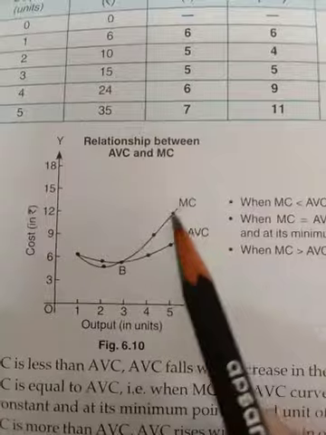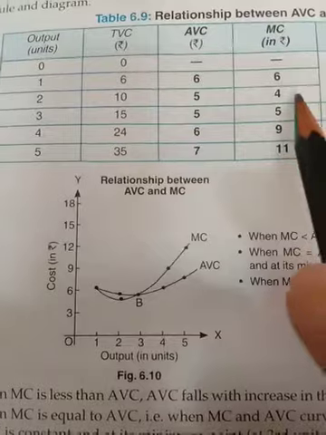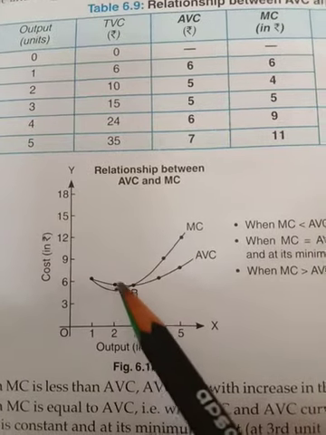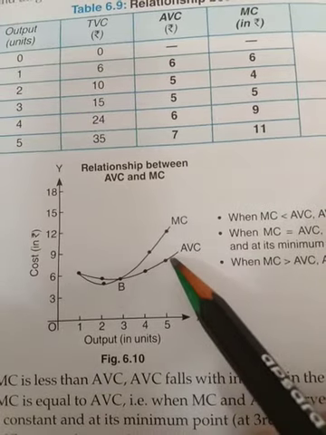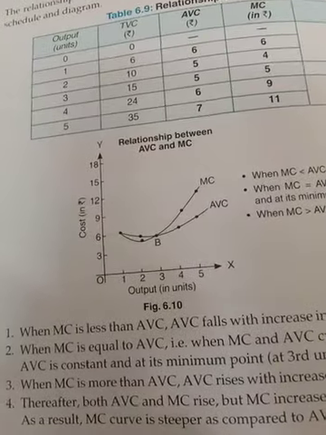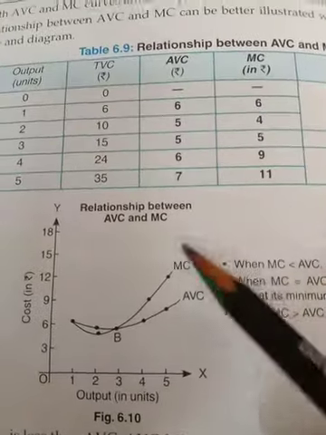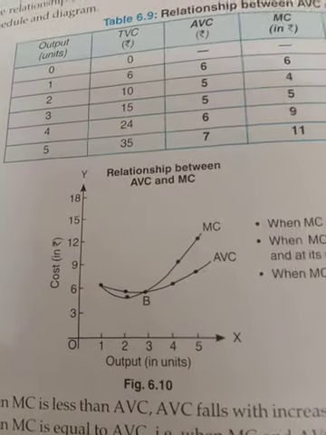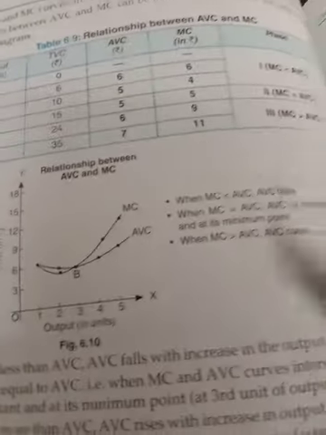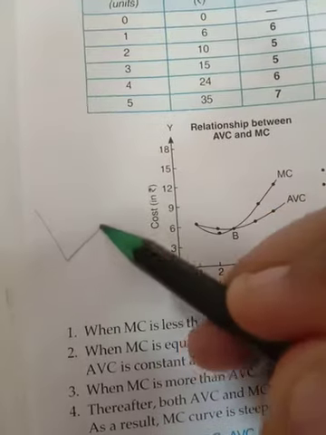Now the next thing is the relation between marginal cost and average variable cost. In the same way you have to take the marginal cost and average variable cost. They also share the same relation. When MC is less than average variable cost, then AVC starts to fall. MC cuts AVC at its minimum point, and when MC is more than average variable cost, it starts to rise. They have the same relation as we have discussed in the marginal cost and average cost case. Here also the points have been taken through the table. When the question asks to make a diagram with the table, then you must make the table, but otherwise it is up to you whether you want to make the diagram with a table or not. Likewise you can make it without a table.